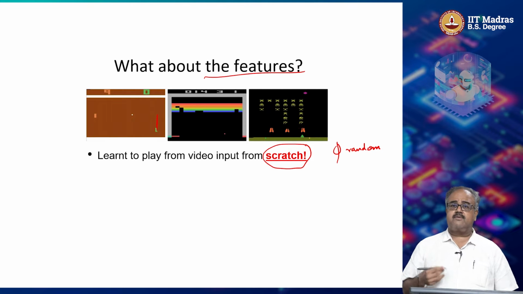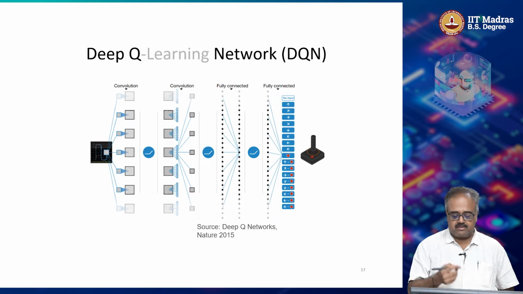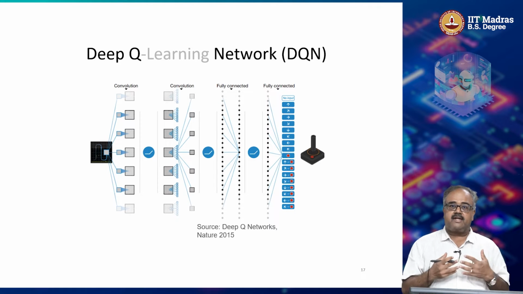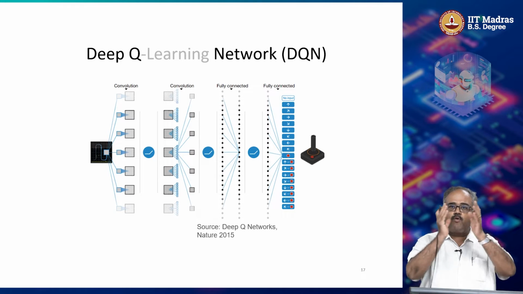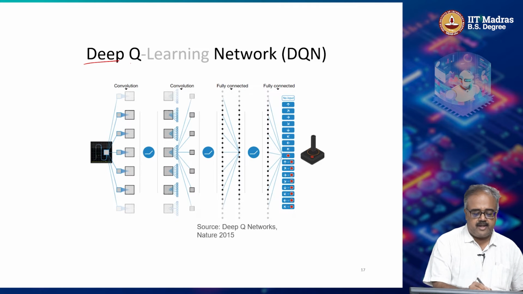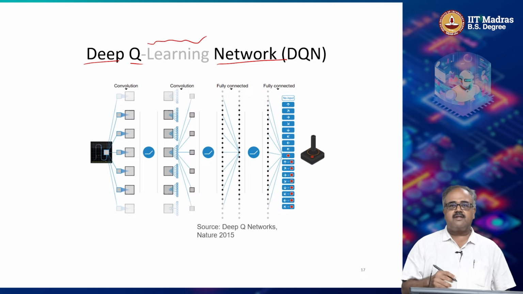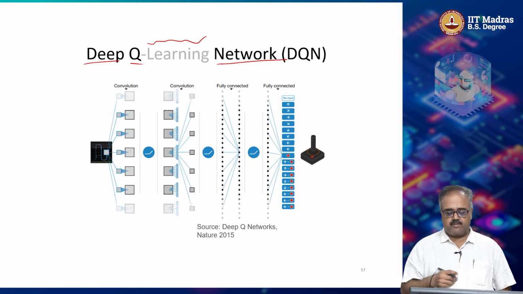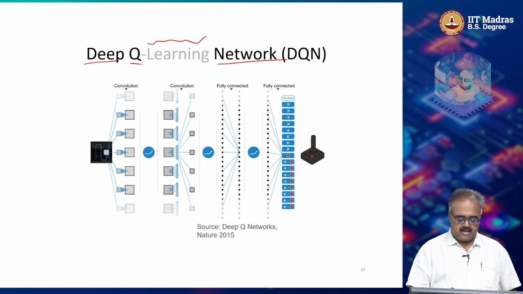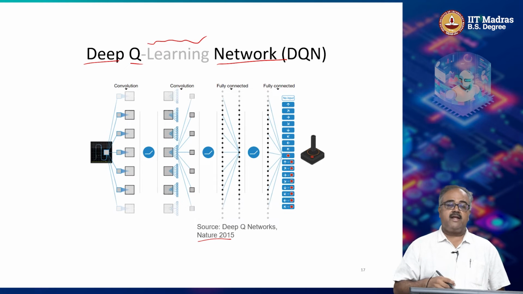We all know the answer. What is the answer? Sure, a deep network. So the original approach that tackled this Atari problem and opened up the floodgates for all this new RL work was called deep Q networks. If you think of it as deep Q learning networks, but everybody calls it deep Q networks or DQN. This was a paper that appeared in Nature in 2015,